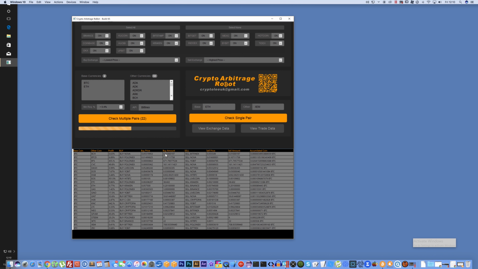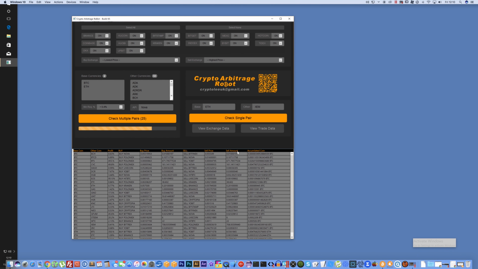So with the buy and sell amount, it's automatically picking the lowest value. So that's why you can see the buy and sell amount is the same. At some point I will be changing that because I prefer to see what's available here and what's available there. And the accumulated coin is based from this buy and sell value, which I've now seemed to work out that I won't be buying at these small values, even though it's reading just the top